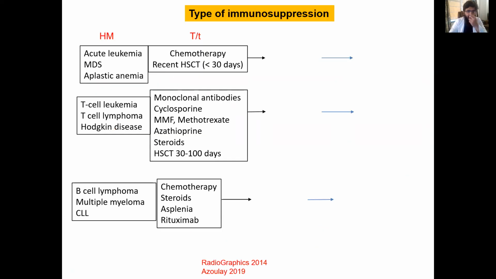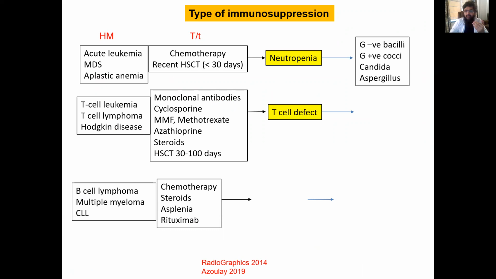And regarding the type of suppression, if the patient has acute leukemia and is on chemotherapy, they have neutropenia, and the underlying infections are bacterial infections, gram-negative bacilli, and gram-positive cocci that we need to treat in our patients. Similarly, with T-cell leukemias and T-cell lymphomas, or if the patient is on monoclonal antibodies or drugs like MMF, methotrexate, there may be a T-cell defect, and we treat for infections like